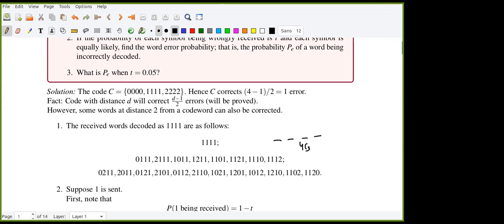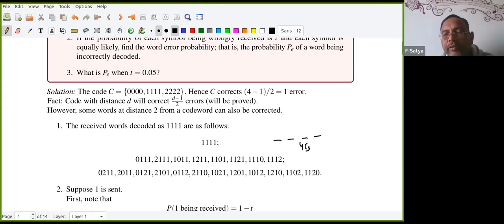Okay. Now I choose 3 positions. Somehow I choose this position, and this position, and this. Then this position is left. That means here I kept 1, 1 and 1. Now what can I keep here? 0 or 2. Be fast, okay? Because the total how many will be there? 8 will be there. So let us count 1, 2, 3, 4, 5, 6, 7, 8.